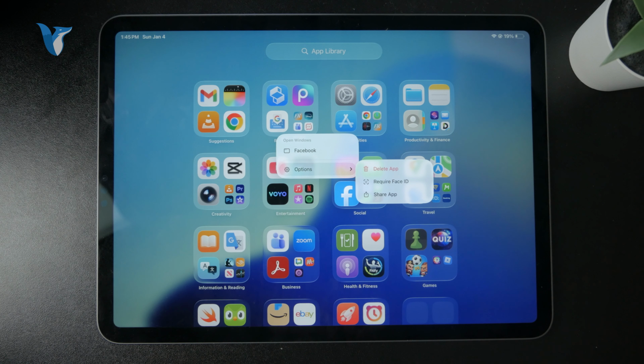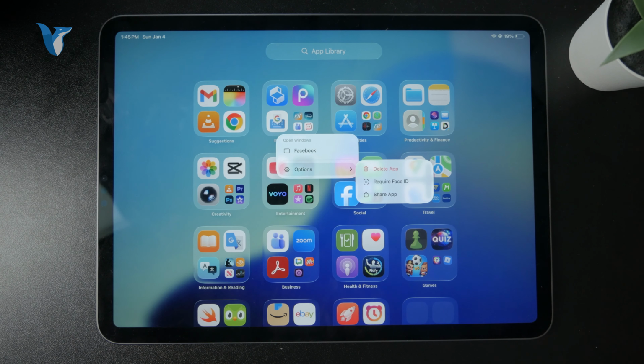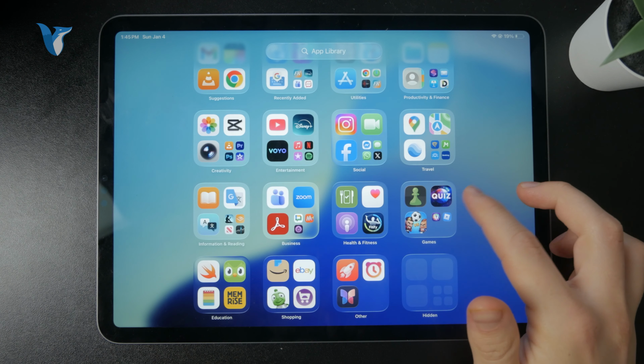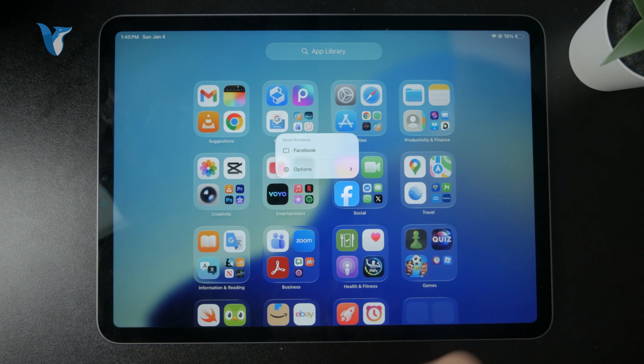So that's one thing, but of course, it's not just like hiding it from the app library. It's like completely removing it from the iPad, which is something you might want to do. Perhaps you might not want to do that. So if you still want to have it on your iPad, and if you don't want the app icon to just be showing here in app library, then you're not supposed to delete it fully because it will be gone